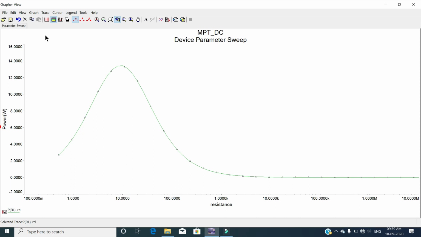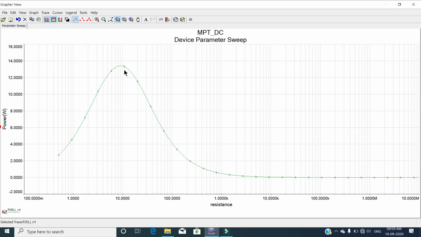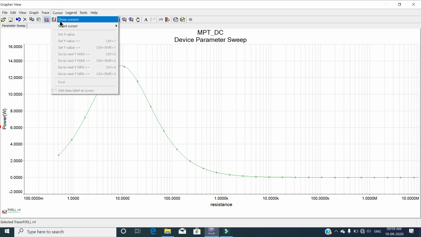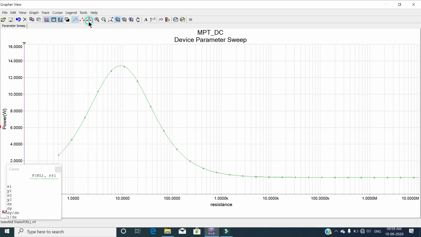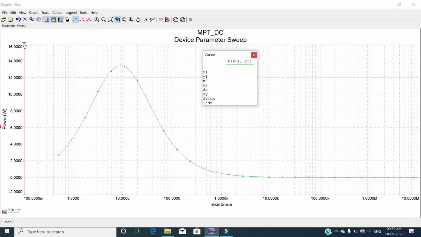So for this, I will make use of show grid option so that coordinate points on the graph are easily readable. Let me select the cursors, then click on show cursors. So you will get two cursors over here.